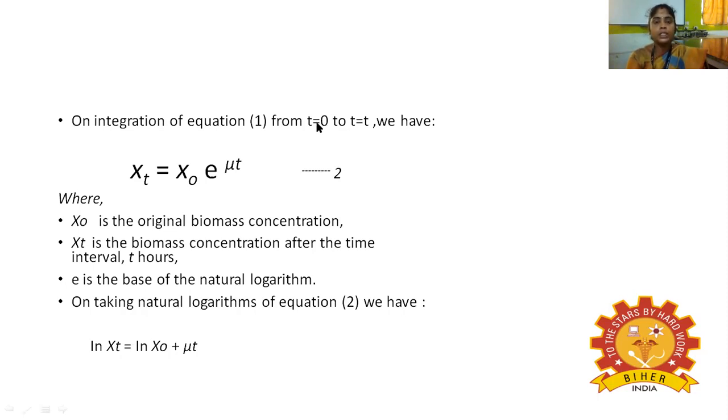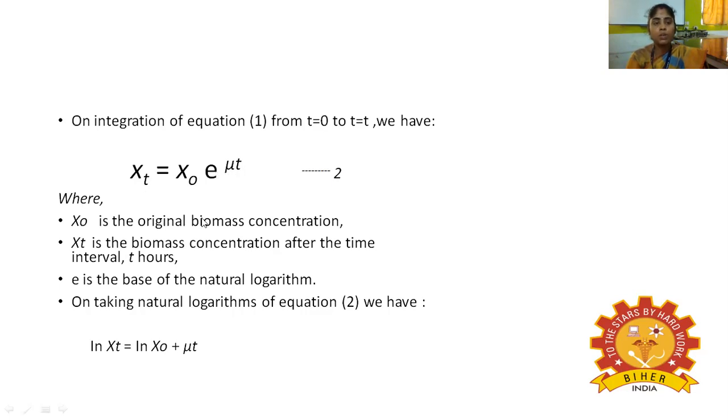Which means that from this time to this time, the concentration varies from x0 to xt. So from t0 to t, x varies from x0 to xt. When we integrate the first equation, dx by dt is equal to mu x, we get xt is equal to x0 into e to the power of mu t,